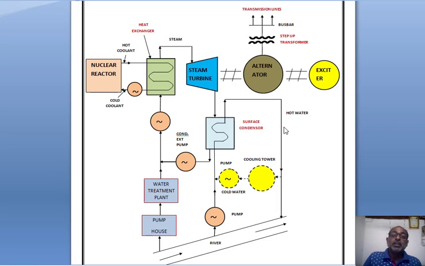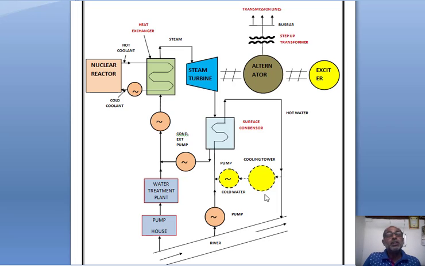For that, we do not directly discharge hot water into the river. Whatever hot water comes out from this surface condenser passes through this open canal and is then discharged into the river, because the hot water is cooled down by the air of the atmosphere. That means it cools down and this cooled water is discharged into the river.